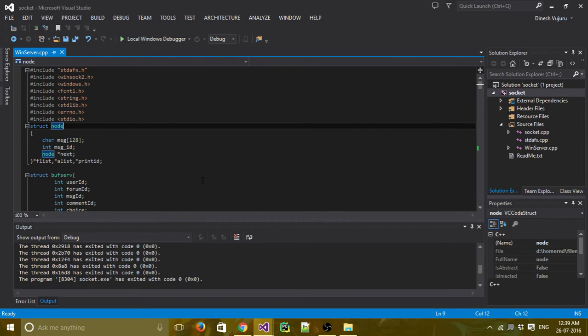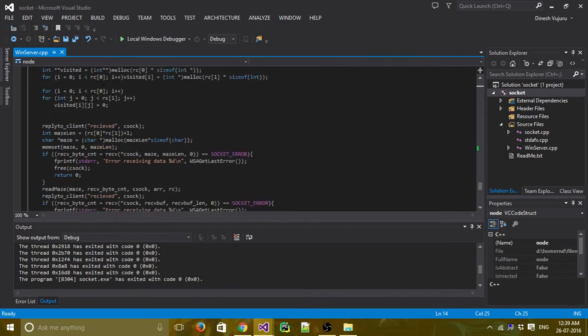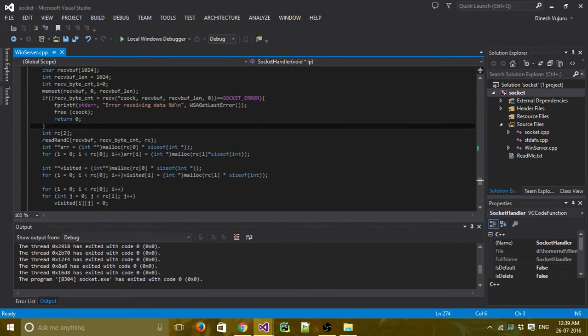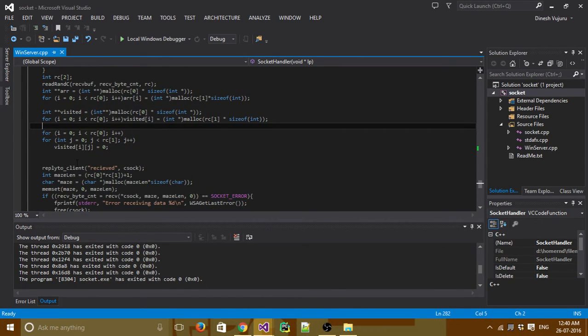In the server program, as soon as it receives the buffer, it does all the prerequisites. It forms an array with rows and columns. It forms another multidimensional array, visited, with rows and columns, and it sends an acknowledgement called received to the client.